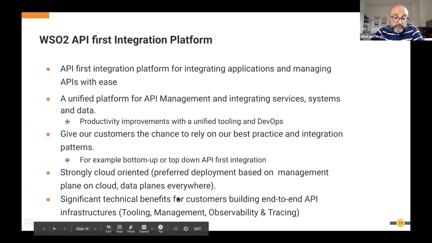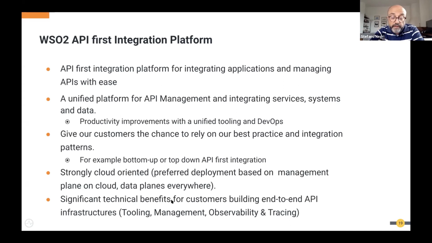And what we expect is not only shared tooling, but shared management, and sharing of observability and tracing between the two main components of this integration platform, API management and integration. We expect significant technical benefits for our customers when it comes to building end-to-end API infrastructure.